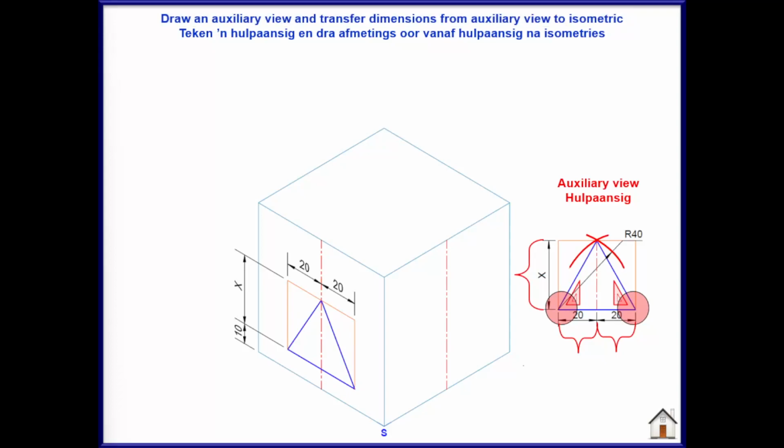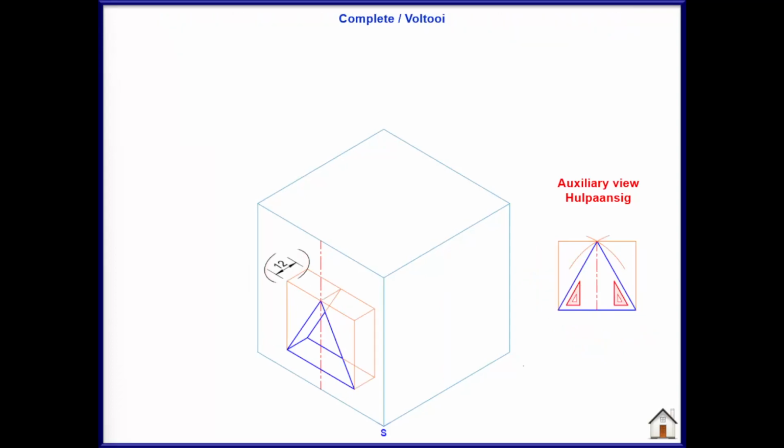Very important to take note that my triangle will have a depth of 12 millimeters and will be projected 12 millimeters to the back of my isometric drawing. My center line will therefore also move back 12 millimeters, and then by using my 30-degree set square, I can transfer all the points of my triangle towards the back by 12 millimeters. That then will give me my triangle that I can see the depth at the back. That will help us to see what will be visible in my isometric view for the triangle after we included the depth. Then we can complete the triangle as we will see it in the front view.